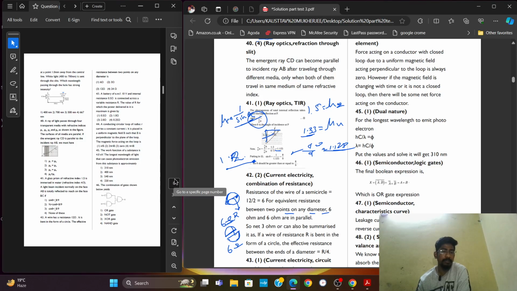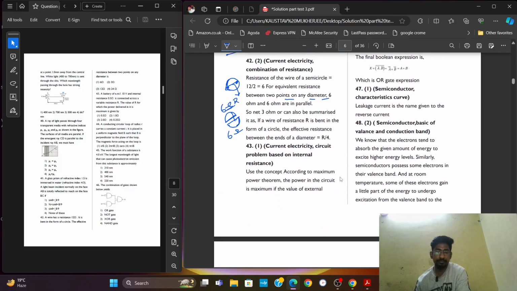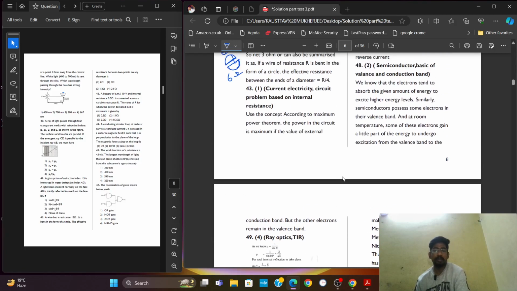A battery of EMF 10 volt and internal resistance small r is connected across a variable resistance capital R. The value of R for which the power delivered is maximum will be. Power in the circuit will be maximum if the value of the external resistance